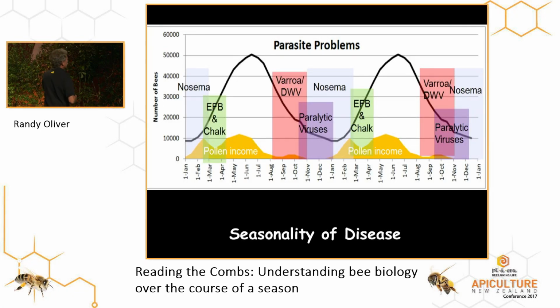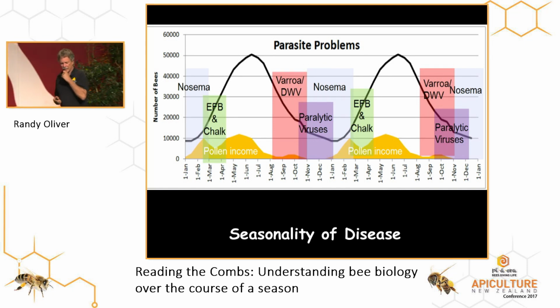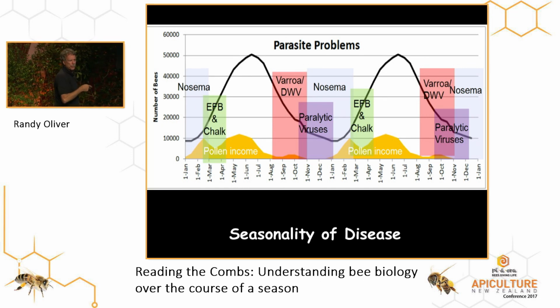And the problem is, now you have different pathogens come in. And this is, again, a 2-year graph. And you can see it's different pathogens at different times. During the spring, you have European foul brood and chalkbrood. You guys don't have European foul brood, do you? Oh, lucky you. It seems to have mutated in the United States over the last decade, and it's become more of a problem than it used to be. It used to just go away by itself, and now it doesn't go away. And then chalkbrood. Do you guys have chalkbrood? Okay. So those are typically early springtime chilling type diseases.